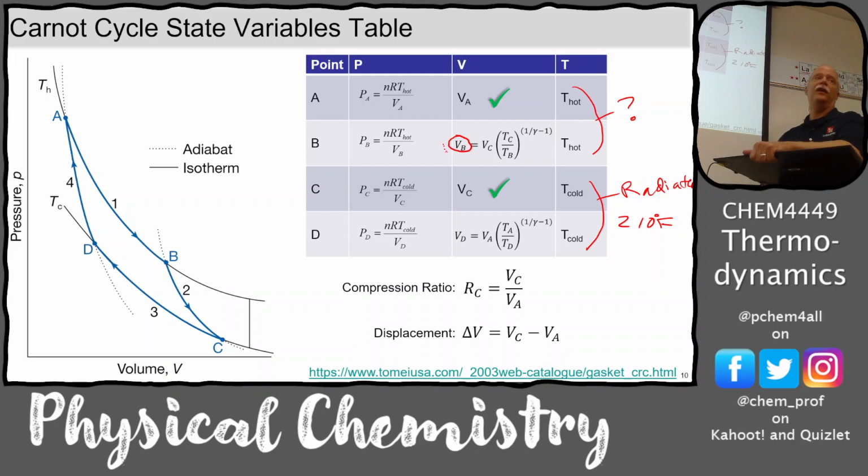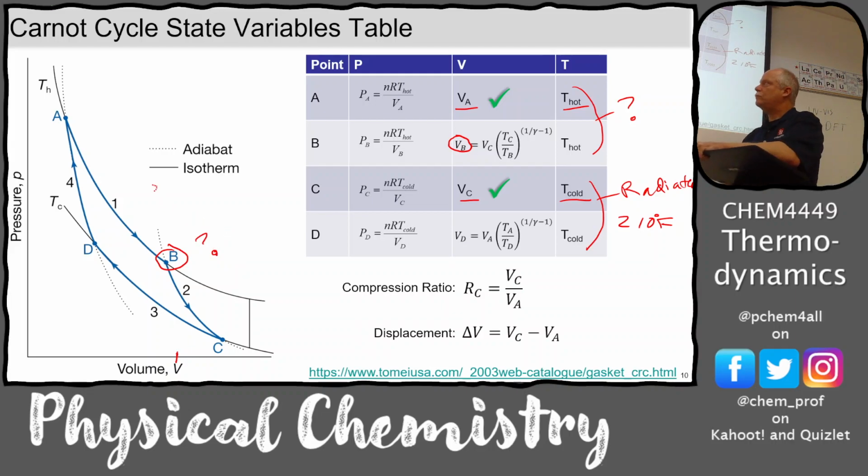Now this is the real trick. What curve do I use to find VB? Don't cheat and look at the diagram. Okay, so I know a T hot, I know a T cold, I know either VC or VA, right? Which do I use to get VB? Here, this is the one I want to find. I want to find this volume right there. And so I want to find where this adiabat hits this hot temperature. So I know I'm using the T hot